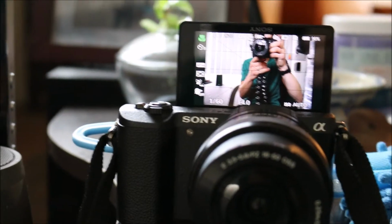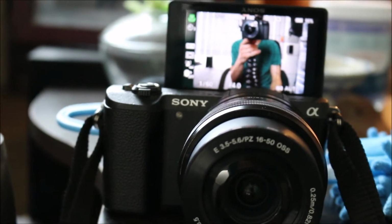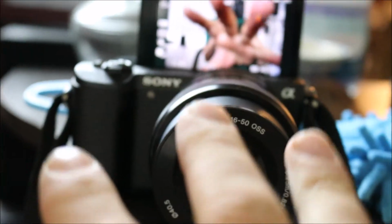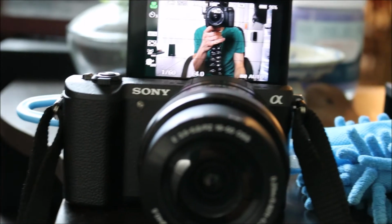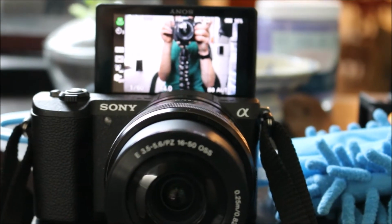My least favorite feature is the fact that I can't attach an external microphone. It really upsets me because I love almost everything about this camera other than the sound quality. I mean, listen to the difference. Do you hear a major difference already? Yeah, well, if I was outside, if there was even the slightest bit of wind, this camera just gets wrecked